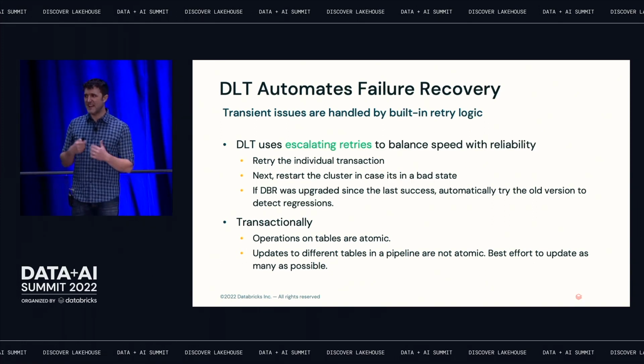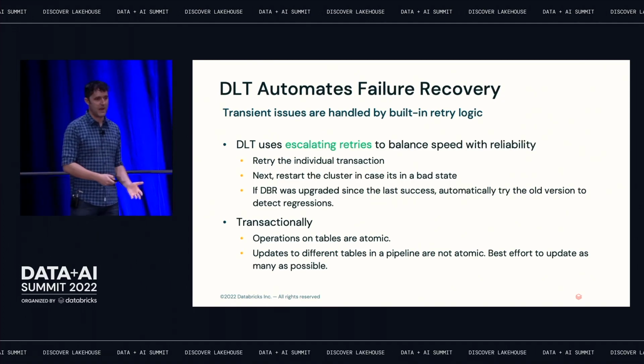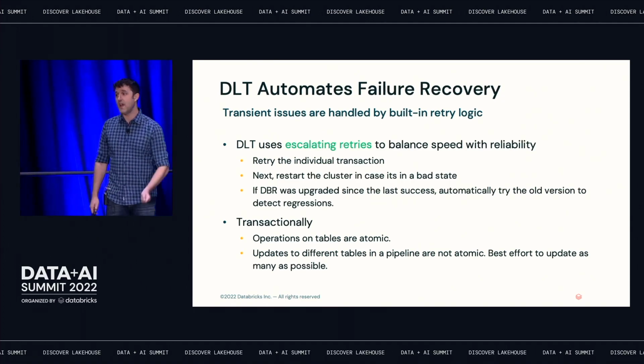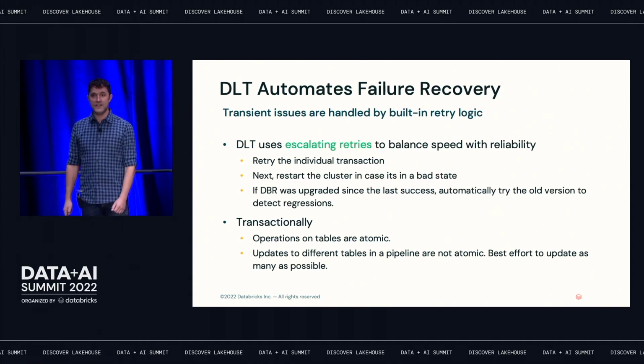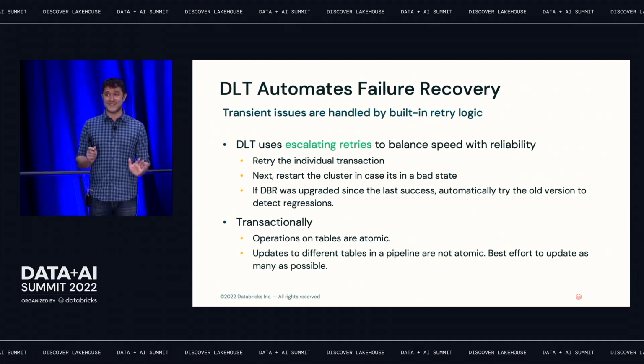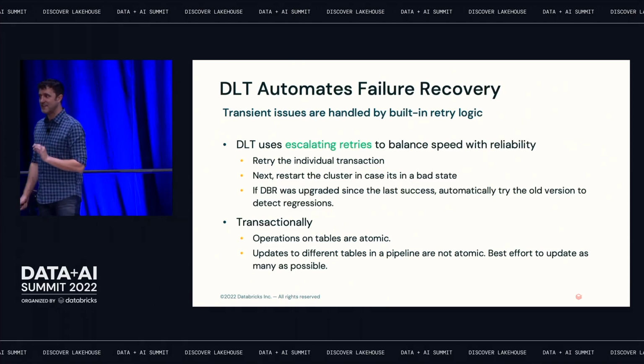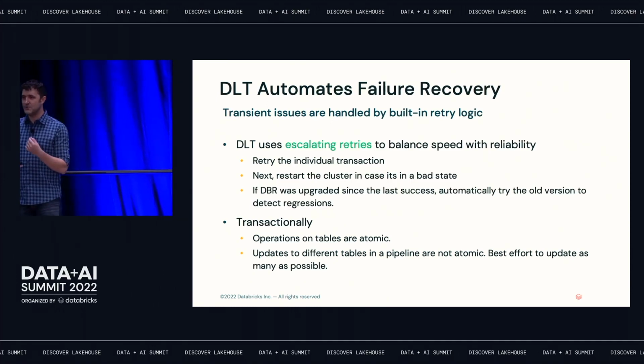And then if that fails a couple of times, well, maybe something is actually wrong with the cluster. Maybe it's not a problem with the query. So we'll go and cycle the entire cluster in case its certificates are expired or its disk is full, or I've even seen it where you get a bad stick of memory and it's just corrupting every file that it writes out. And then finally, there's one more magic trick, which is